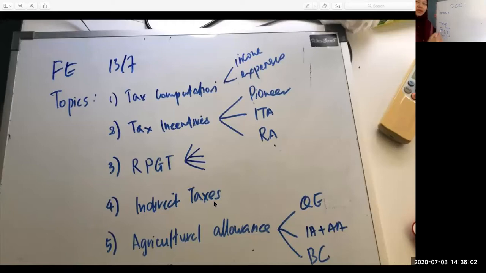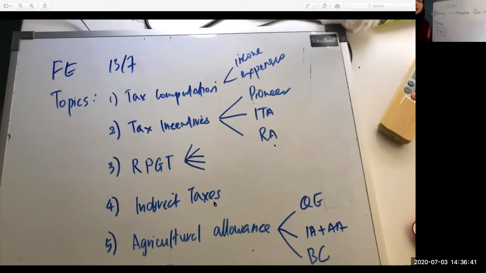So when you start from this, you have to understand the concept that in arriving at profit before tax, you have added income and minus your expenses, right? Whatever income that you have, you add it together minus all these expenses. But you must also understand that, for income tax purposes, whatever income that you have here could be taxable income. Income which is taxable means that it has to be an income under section 4A to 4F.